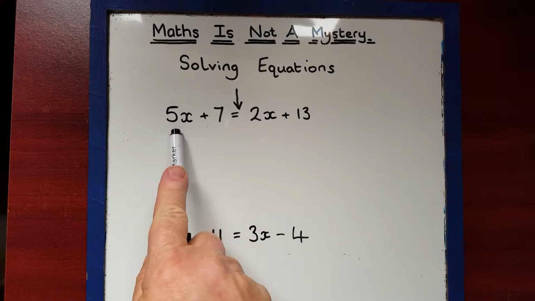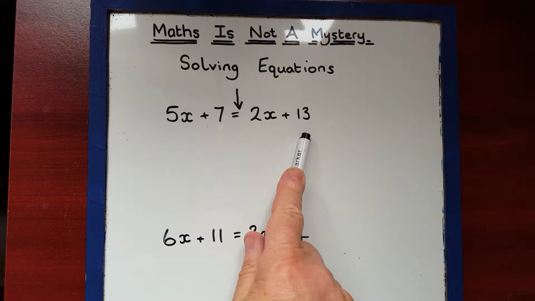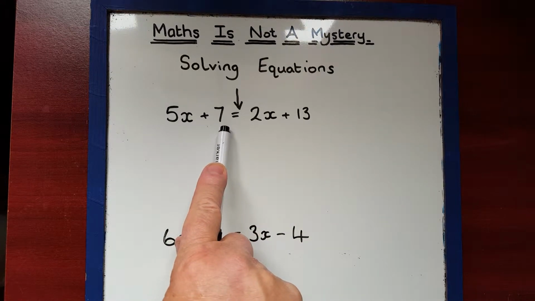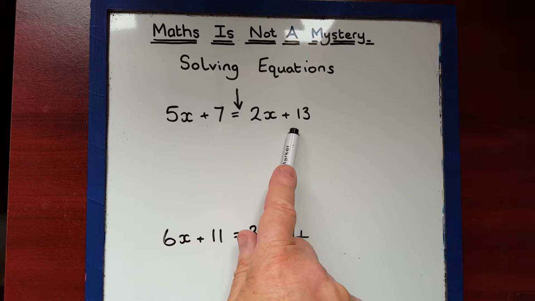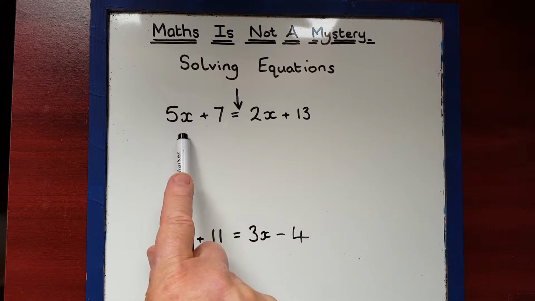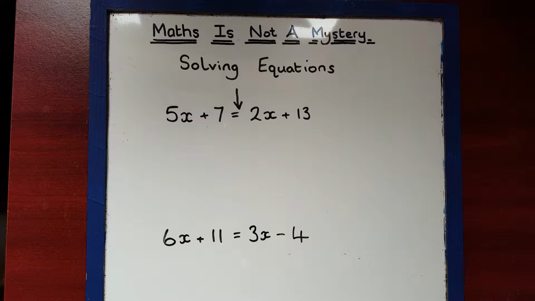So if that 5x were to move over to this side, it would become minus 5x. If that plus 7, because remember the plus sign belongs to the thing behind it, if that plus 7 crosses over there, it has to become minus 7. Same with this, 2x, if it crosses over to here, it's minus 2x. And so on. So whenever something crosses the equal sign, it moves from plus to minus or from minus to